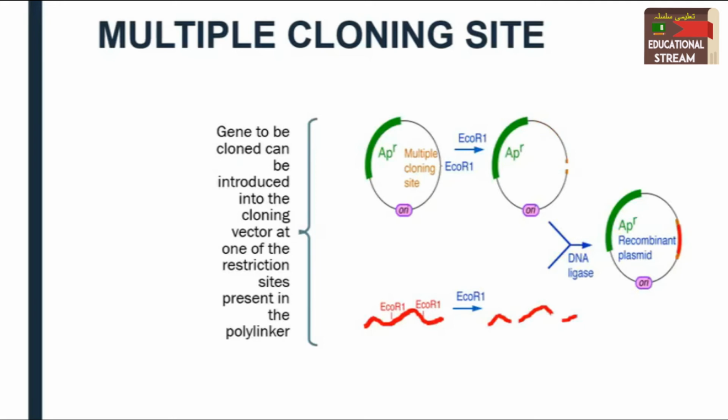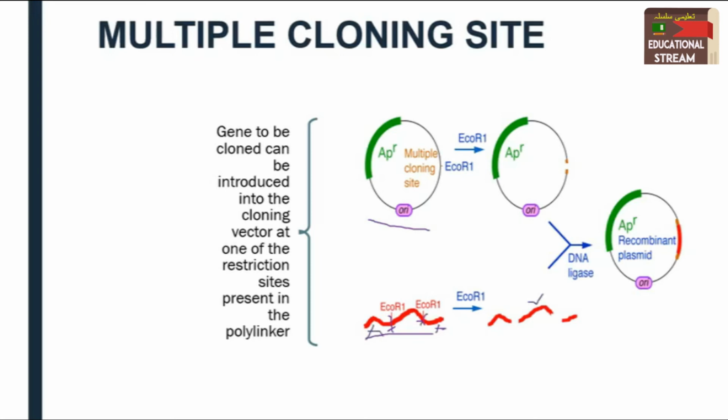So here is the example of how the multiple cloning site helps to clone a foreign gene into the vector. As you can see, this is the gene of interest and this is the vector. Suppose we have amplified this gene of interest with PCR, and we have introduced only one enzyme site, EcoR1, at both ends, and this is the overhang of the EcoR1. So when we treat this with EcoR1, this part will get removed, this part will also get removed, and we get this